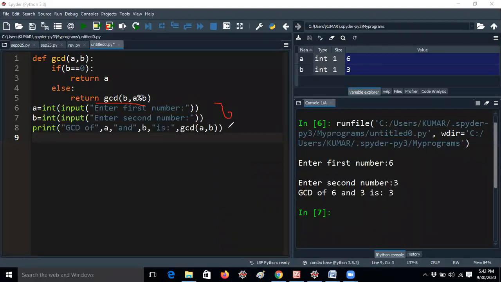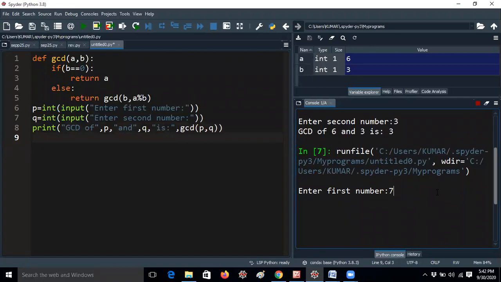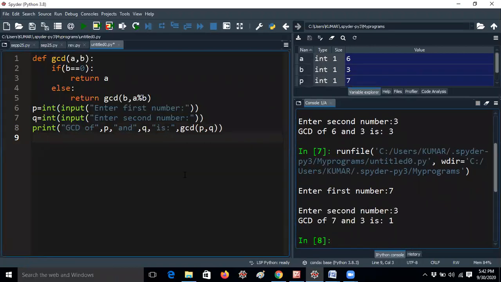You already know these declarations, right? I think you know, guys. Instead of this declaration, you can also give directly. First, I would like to change some values. You can take any value, like I am taking p and q instead. Whatever values you have taken, that's not an issue at all. Here it is p and it is q. Let me run this program. Now I will give 7 and 3. I am getting 1. That is the correct answer, guys.